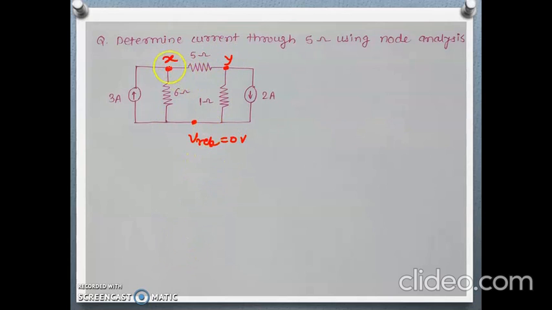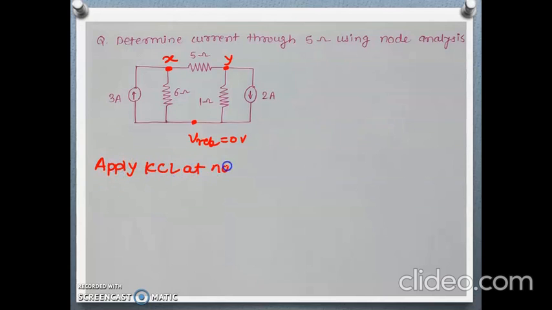And we are going to apply KCL at each node and solve the equations. In the previous question, there was only one node, so we got one equation. Here there are two nodes, so we have to solve two equations. So first we will write the equations. In the first step, apply